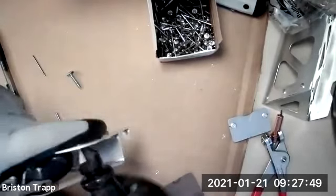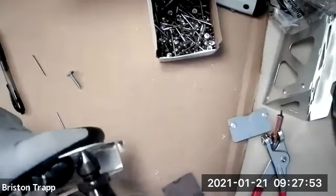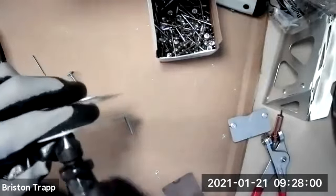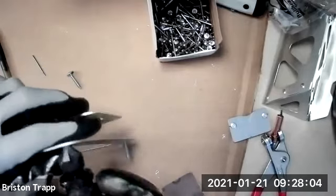If we are in a shop with a drill, we would use a drill bit to upsize this hole. And if I was to do this project again, I would, oh,